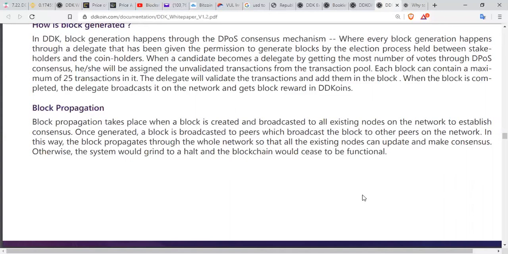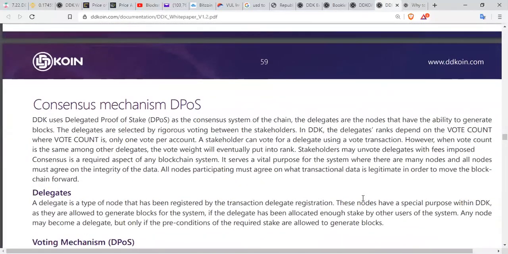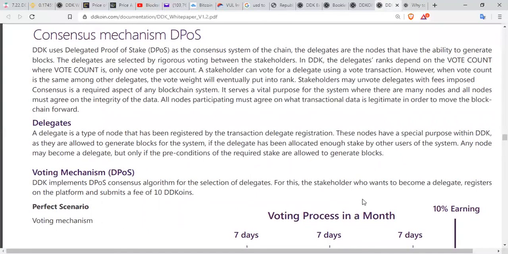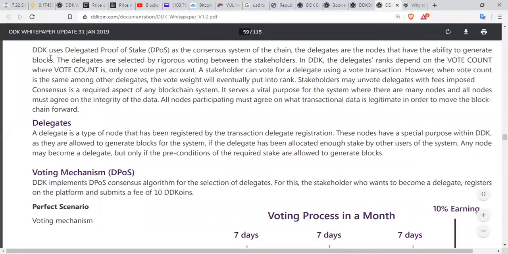Once the blocks are propagated through the whole network, all the existing nodes can update and reach consensus. Pare-pareho tayo ng nakikita. So the consensus algorithm that is being used for DDK blockchain is what we call DPoS, or delegated proof of stake. So we are staking, and there is a trusted delegate who manages or processes the transactions that have been done by all